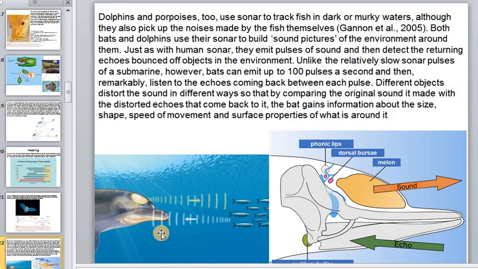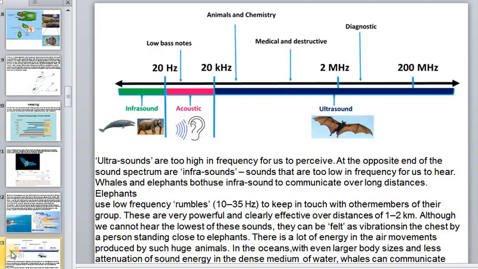And the dolphins do the same. Here we see the special part of the brain and a special part of the organs which helps to connect with a special part of the head which produces sound. It first produces sound and catches the echo, which moves through this part of the head, and forms the picture inside the brain.